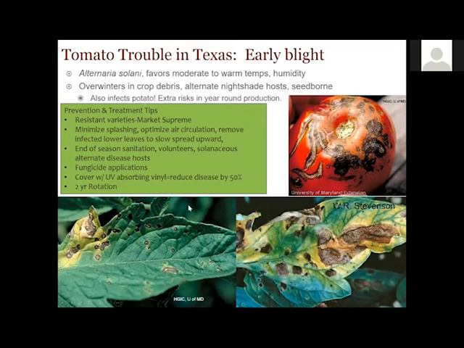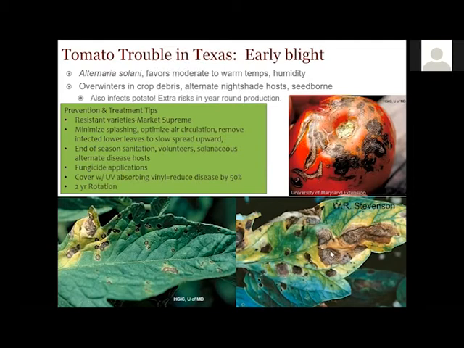So in areas like here, where we're far south and we have year-round production of various crops, there are extra risks. It's hard to break that disease cycle when it has a host available pretty much all the time. So unfortunately, it can be a little tricky to spot the early lesion spots, but later on, you can see that classic kind of ring appearance. And if you were to rub that, you get a little bit of powdery black material in your hand,